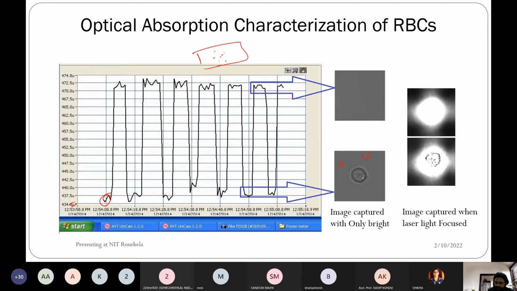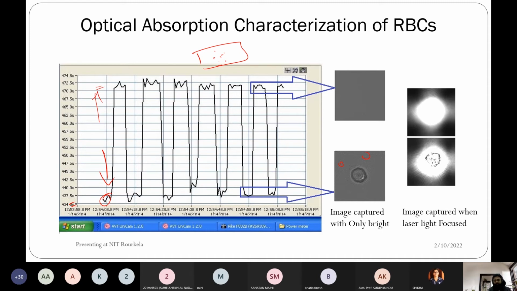We found there is a huge difference where no cell is present; we found this much change of intensity. So there is a huge change of intensity when the cell is present and when there is no cell. So we have tried it